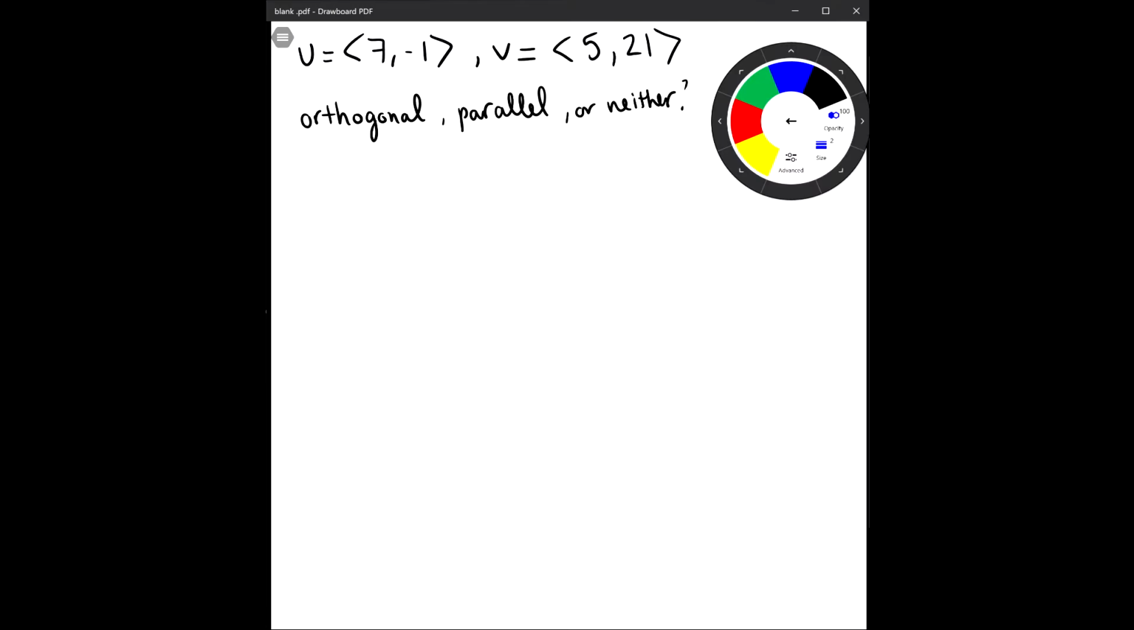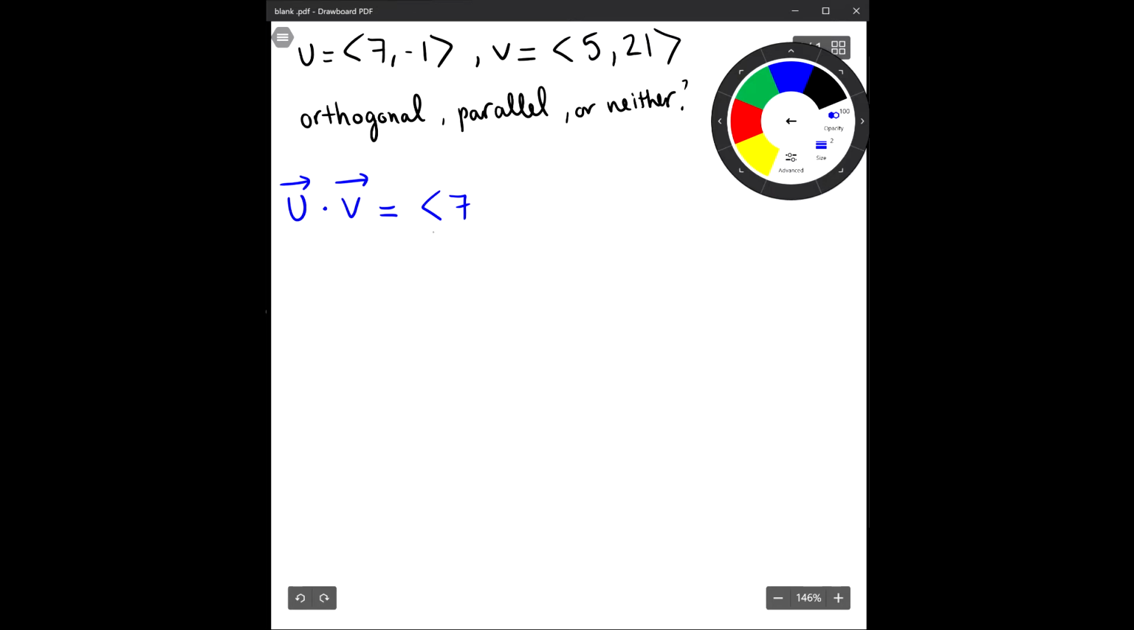Hi guys, I will show you how to determine whether two vectors are orthogonal, parallel, or neither. First, we can use algebra to do it. We can use the dot product, which means we take vector u multiplied by vector v equals